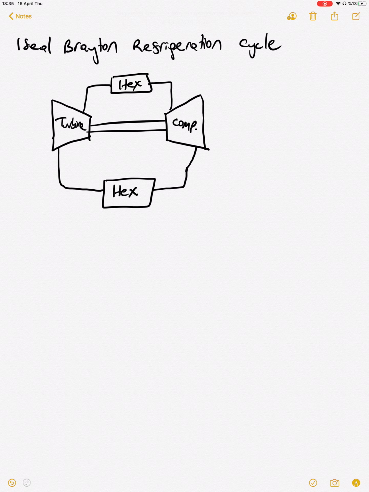Okay, so here we have state 1 and state 2, state 3, and state 4, going in this direction. Now we have therefore Q dot in here. So this heat exchanger can be the evaporator, this heat exchanger can be the condenser, okay, for the